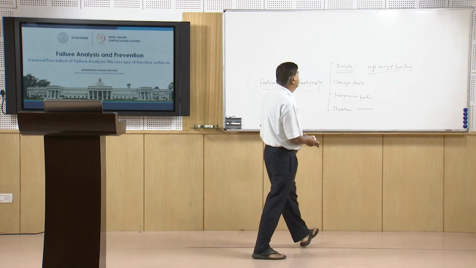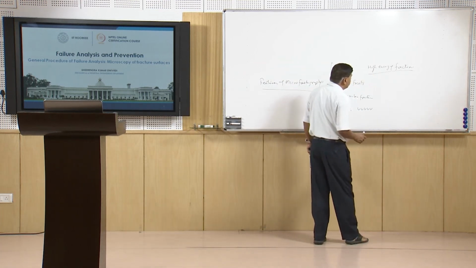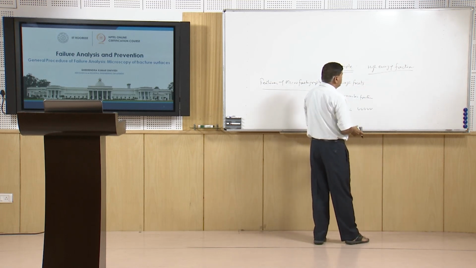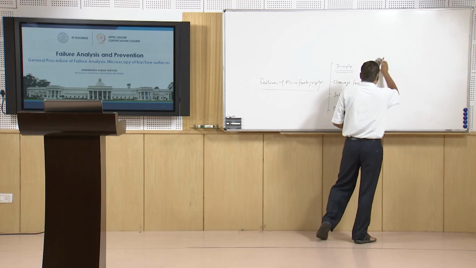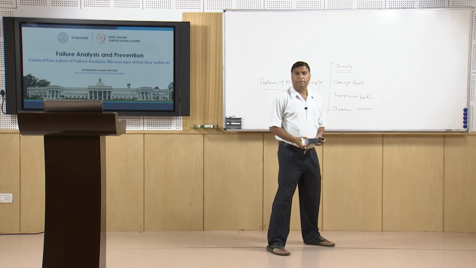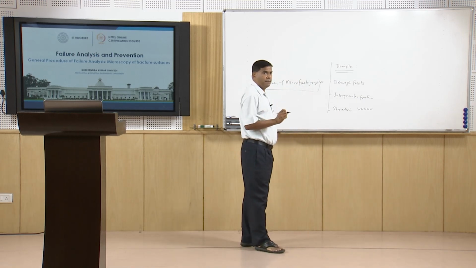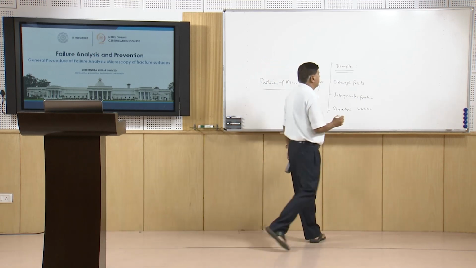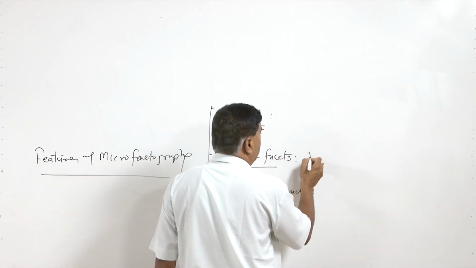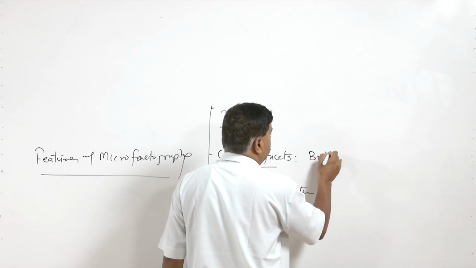There, while the presence of other features will indicate the possibility of the low energy fracture. We will be talking about that now. So, the cleavage facets. Now, the cleavage facets are another general microscopic feature which is normally observed when the material is brittle